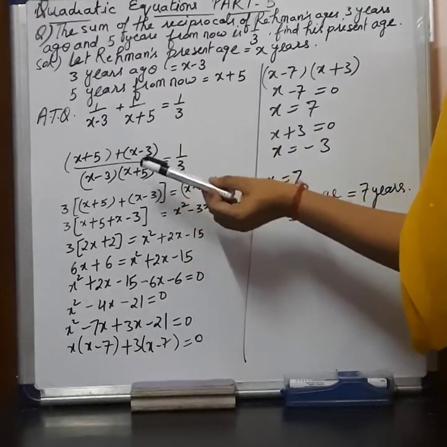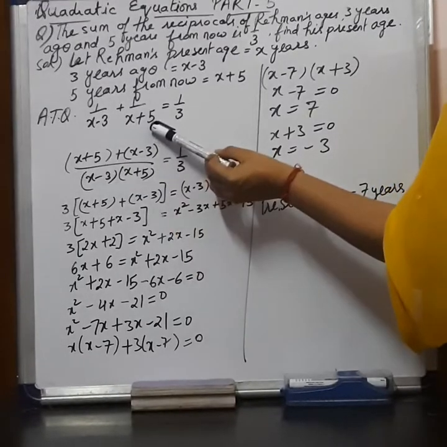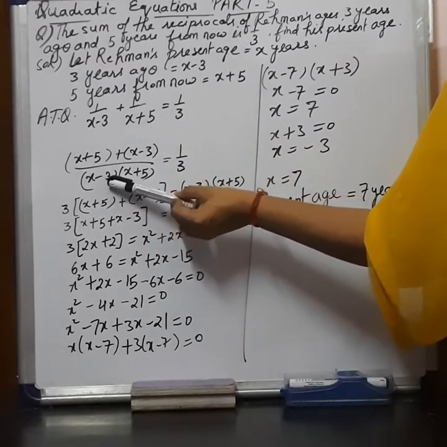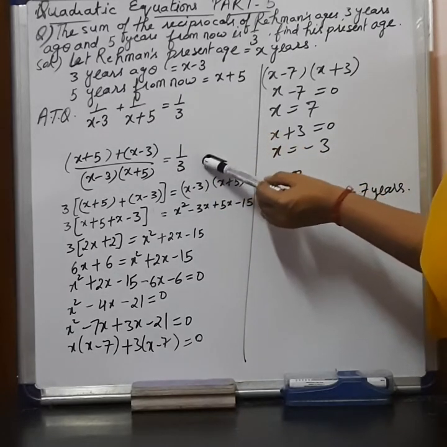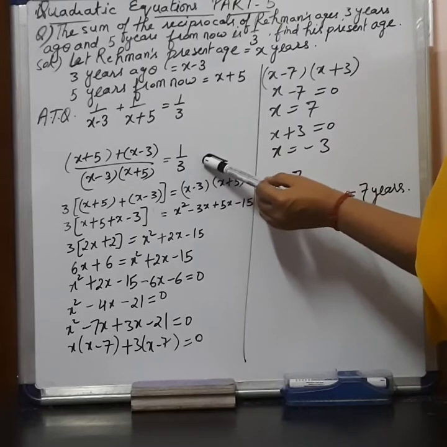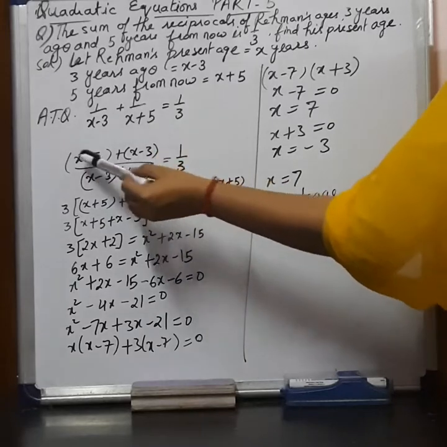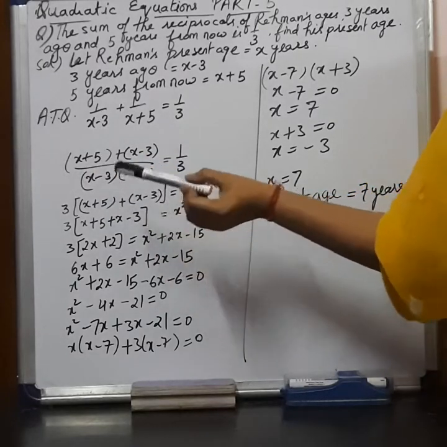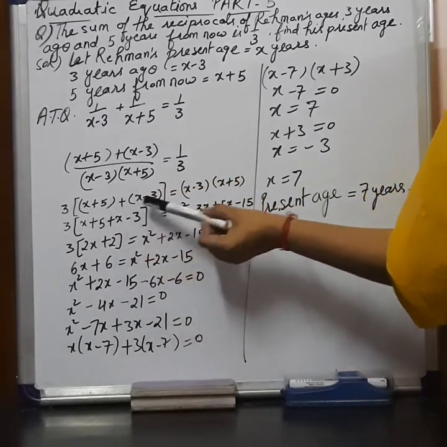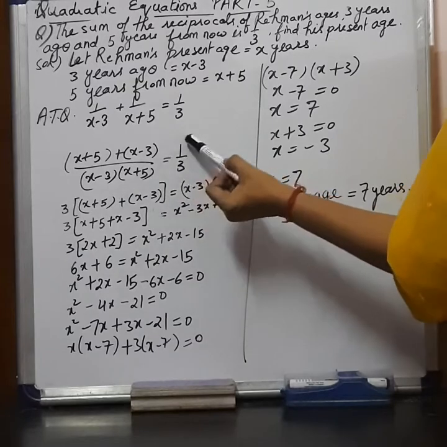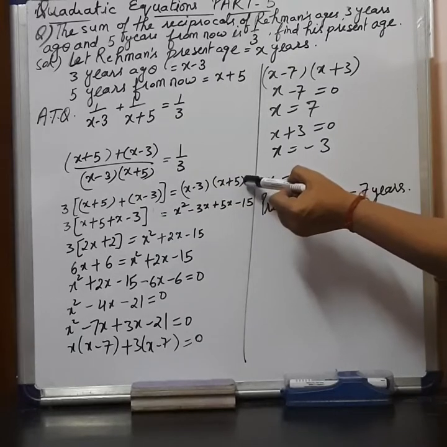Now the plus sign you will write over here. x minus 3, x plus 5 divided by x plus 5, what is remaining? x minus 3. x minus 3 multiplied by 1, it is coming x minus 3, is equal to 1 upon 3. So this step is clear to you. Now we will cross multiply this. Then 3 multiplied by this value and 1 multiplied by the denominator's value. So it is coming 3 multiplied by, in the bracket, x plus 5 plus x minus 3, is equal to x minus 3 multiplied by x plus 5 on this side.